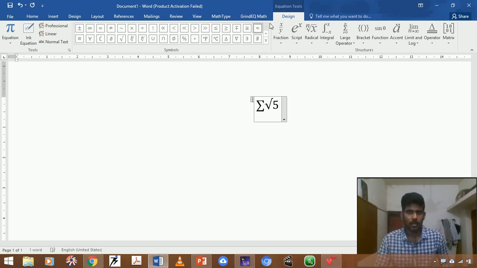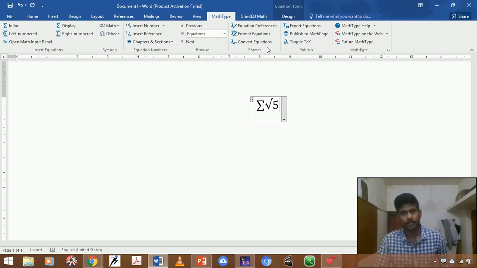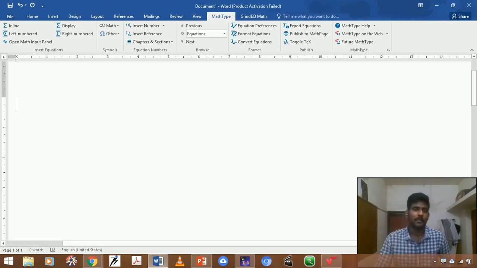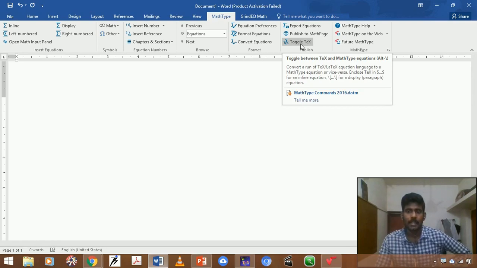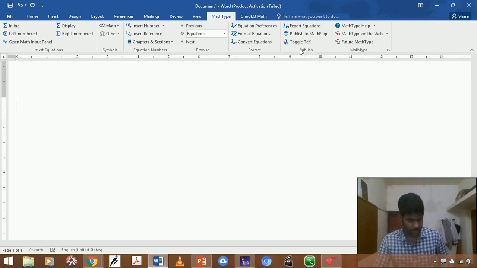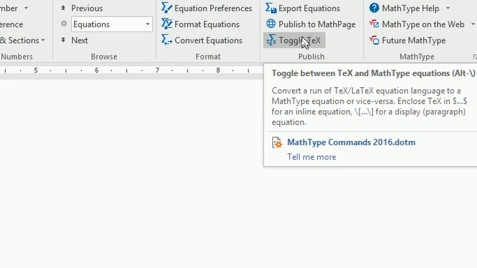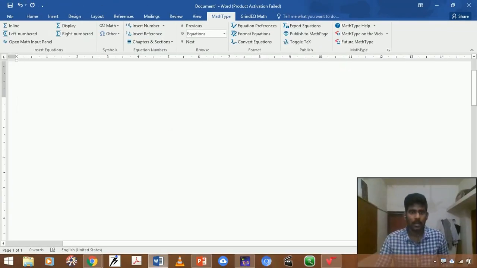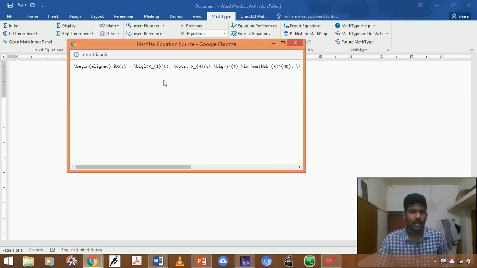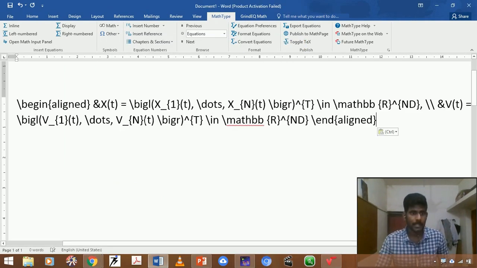I just wanted to show you a third one, that is MathType. In MathType, first I need to delete this. There is an option there, toggle TeX. I hope you could see this toggle TeX. What will help you here? You have already copied something, so you can simply paste it over here.